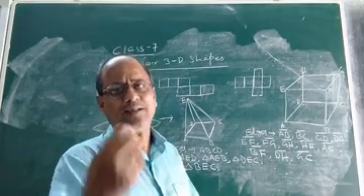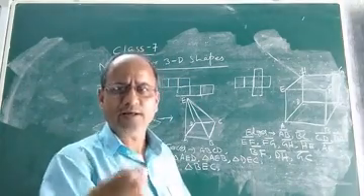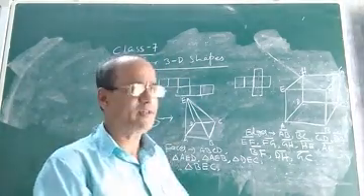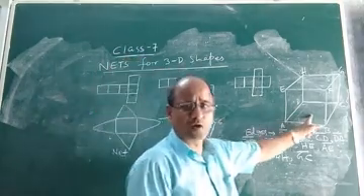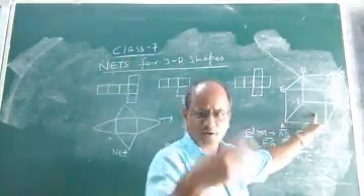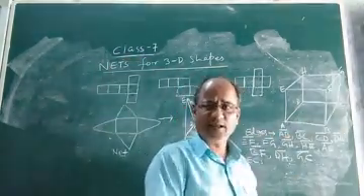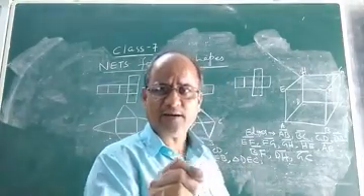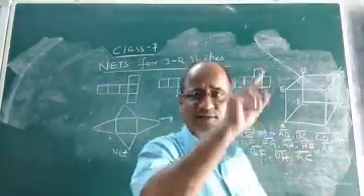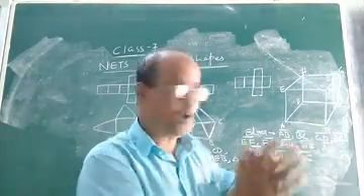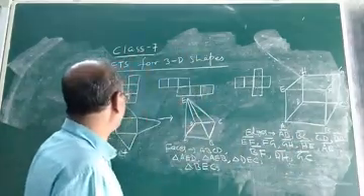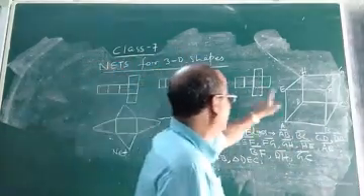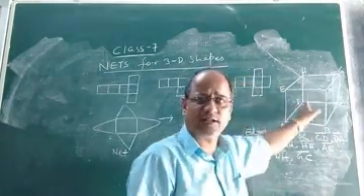So as I told you, what is a net of a cube or a net of a solid? A net of a solid, say a cube, means that if we cut the solid along its edges, a net is obtained. And if you fold these nets, this net or this net or this net, again you will get the same solid, that is the cube.